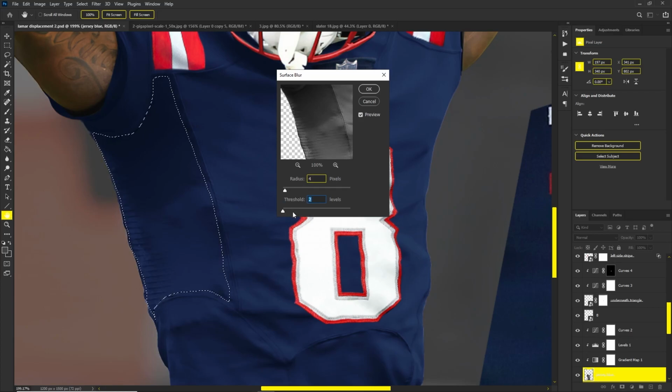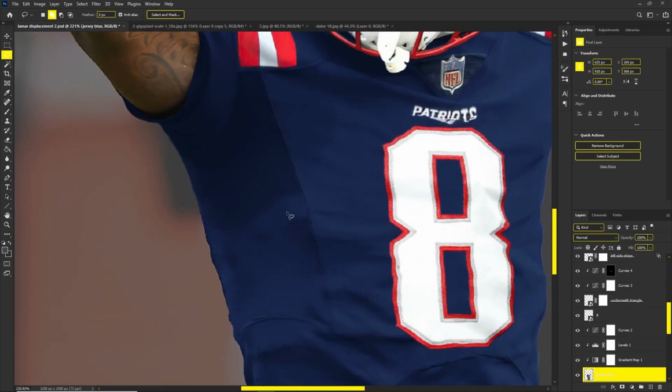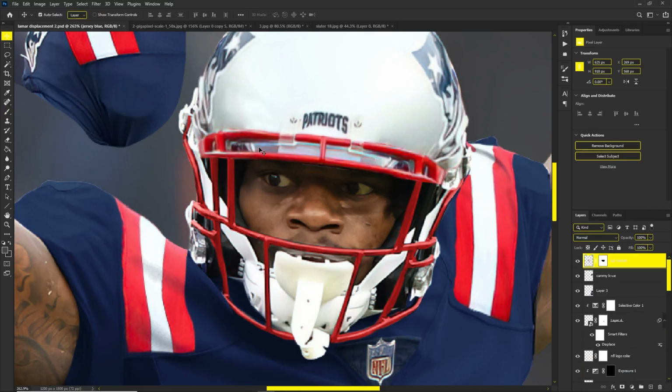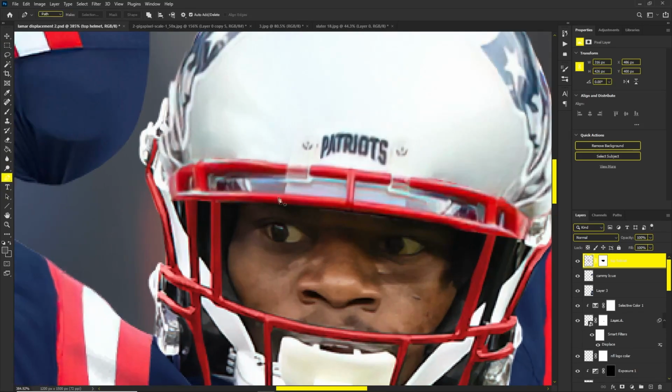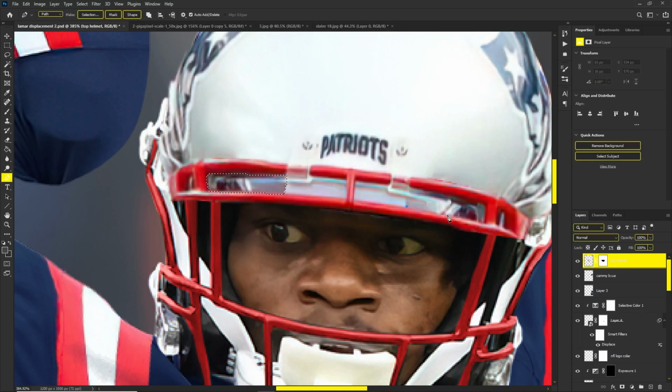Just make sure you don't see this detail underneath, so just blur that stuff out, and then press OK, and yeah, you should be good. So now let's just do this part. For this part, we're just gonna keep it simple. All I'm gonna do is make two little masks on the inside of here, like this. That's one,